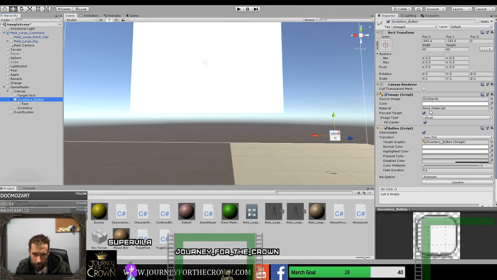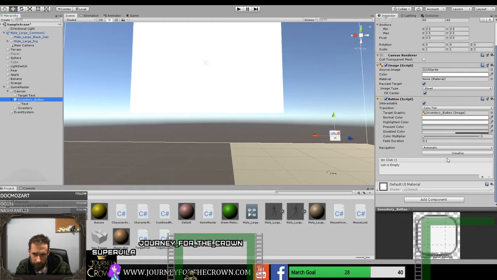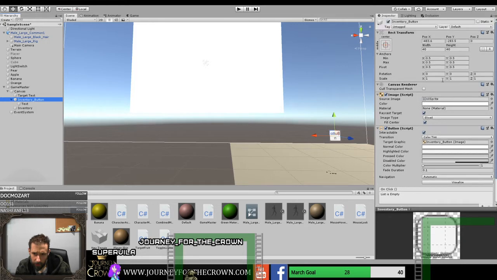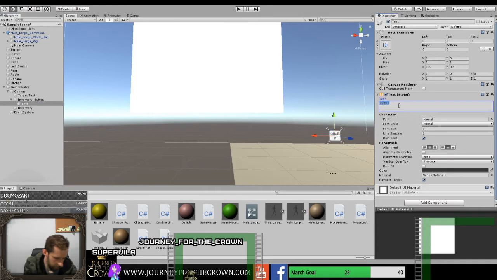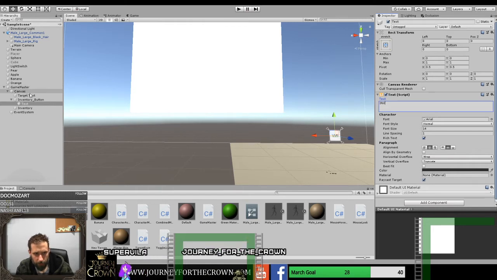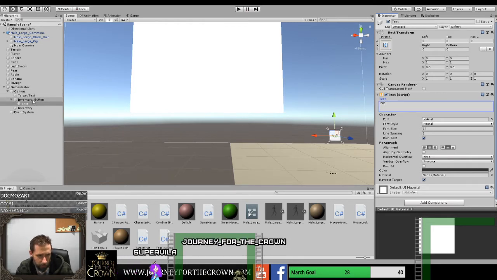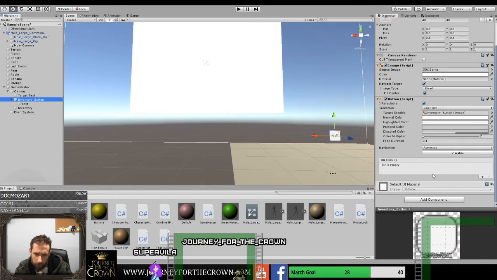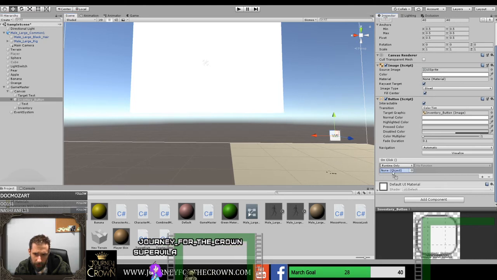Inventory button. We want it to be raycasted. Everything in here looks pretty good. Let's change the actual text here to say, let's just put "inv" in for now, because we'll probably end up replacing that with a picture of like your inventory just to make it work better. Now, to make things very simple right now, what we could simply do is just add the